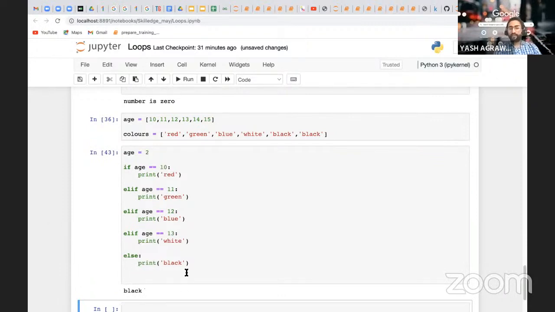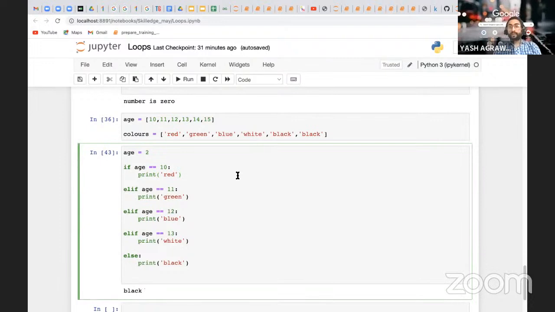So when you need values category-wise, in that case we will move ahead with elif, multiple elif. Okay, so this is how your three different types of conditional statements work. Why do we write conditional statements?